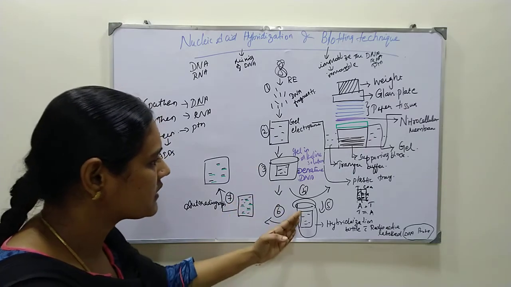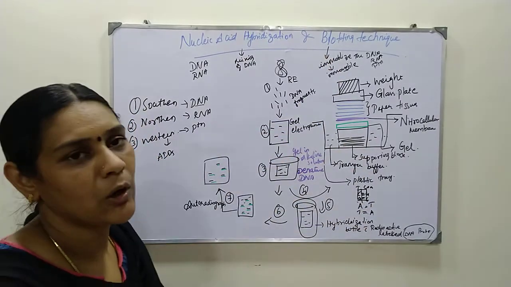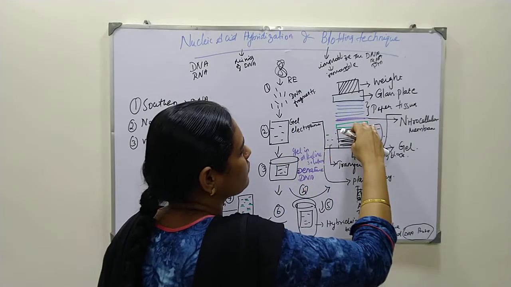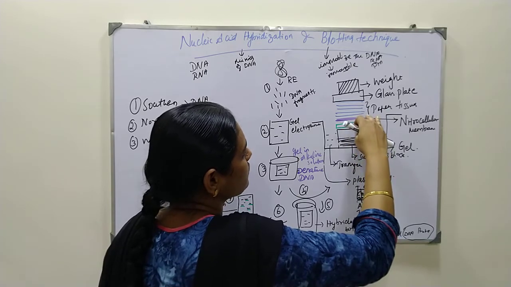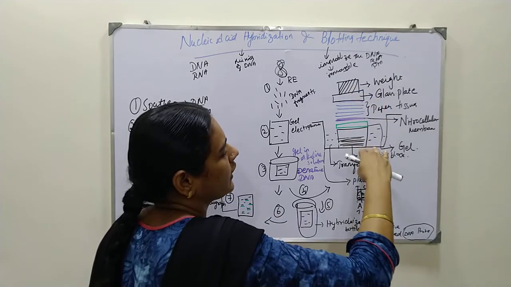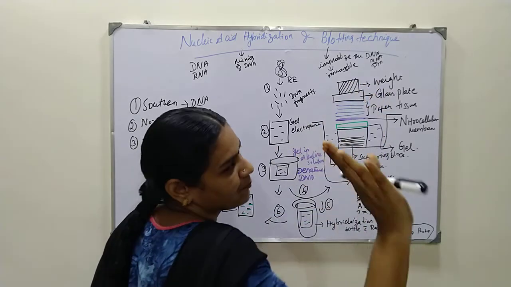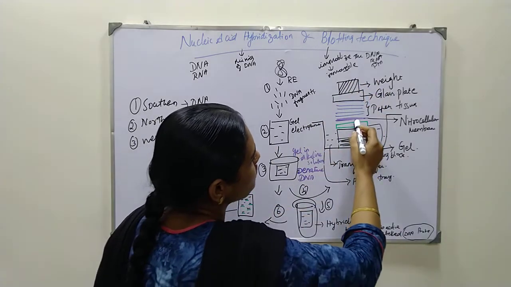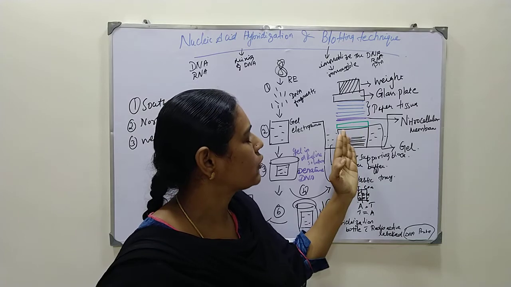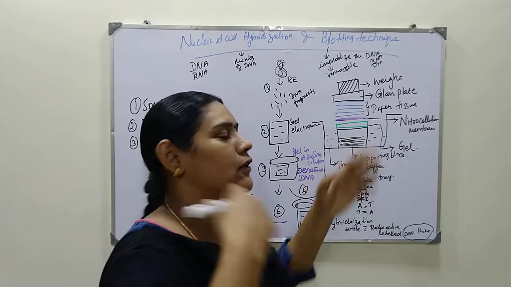And the fourth step is the blotting technique, which I explained earlier. In this supported medium, there is the nitrocellulose membrane on top of the gel, then the nitrocellulose membrane, filter paper, glass and weight. These are just for supporting and for adding weight. We should not disturb this, so we keep this much weight over here. The nitrocellulose membrane will trap the DNA. When the buffer is drawn up through unidirectional force or capillary action, it takes up the DNA from the gel to the nitrocellulose membrane.